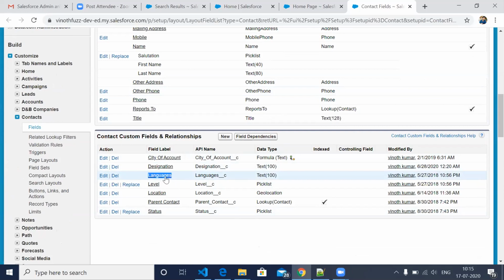And it can be duplicate, like you can create the same label for multiple things. But this is the API name, which means the actual table column name at database level. In the database, it will be like this name only.